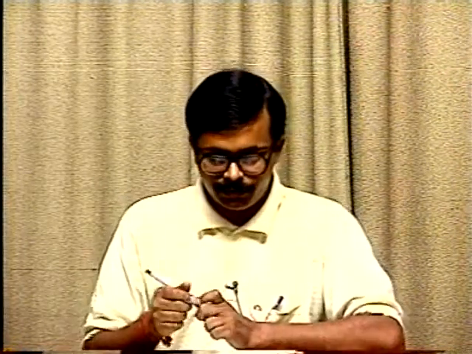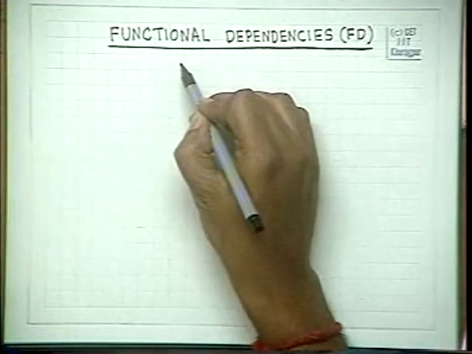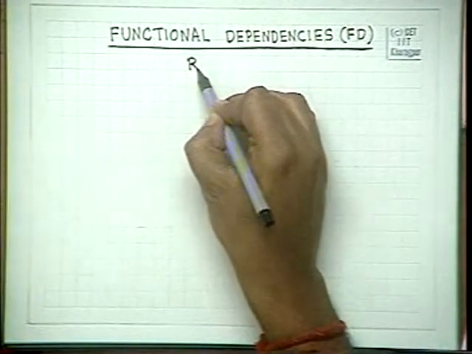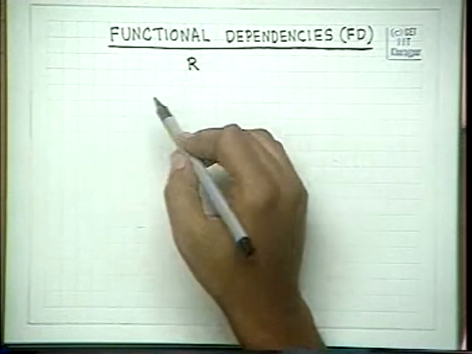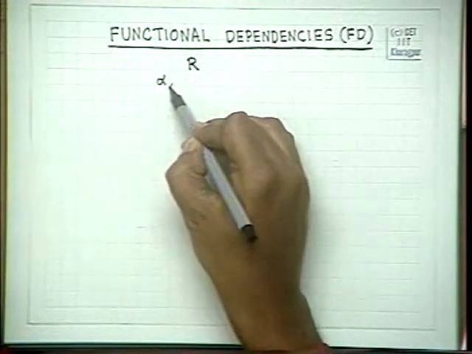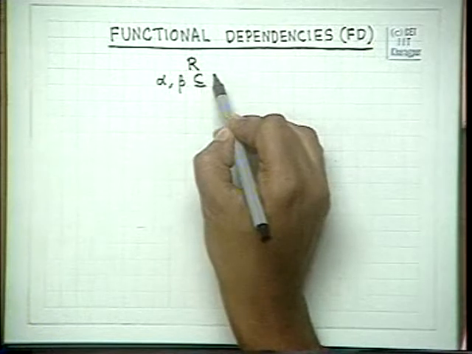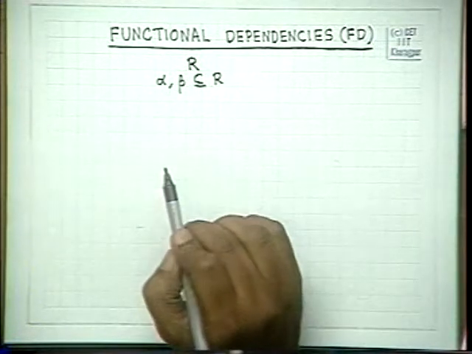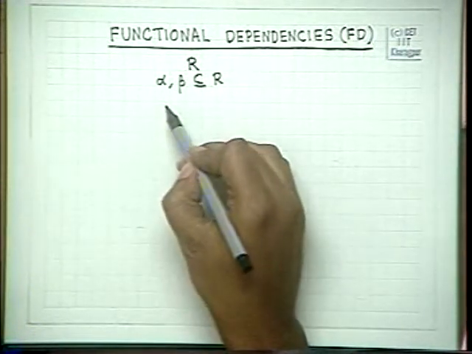We shall continue with our study of functional dependencies. We have studied several other integrity constraints like domain constraints and referential integrity constraints, and we just began the concept of functional dependencies. And we found out that if we have a relation scheme R, or any set of attributes R, and alpha beta is a subset of this relation scheme, then